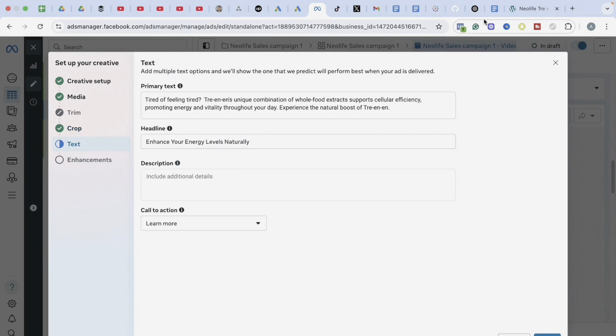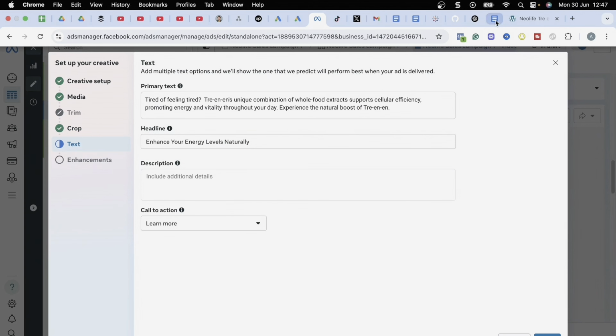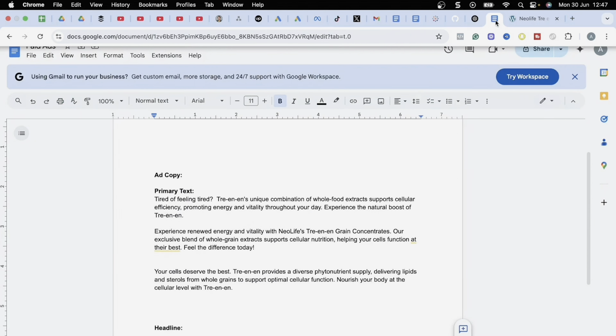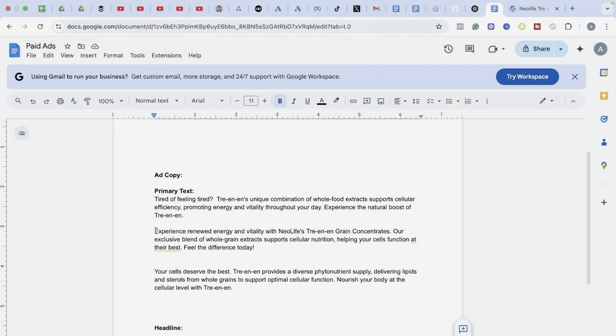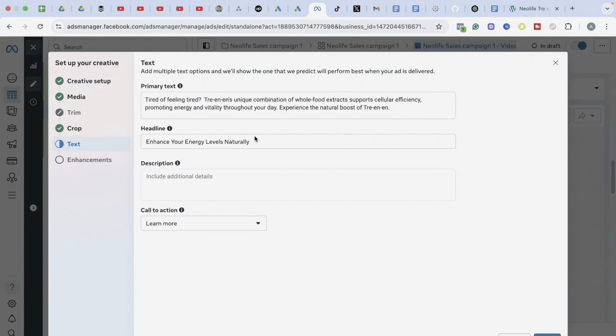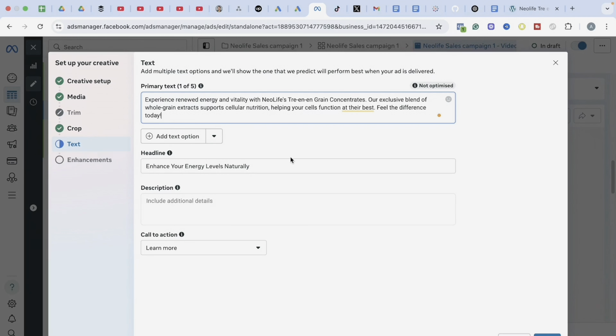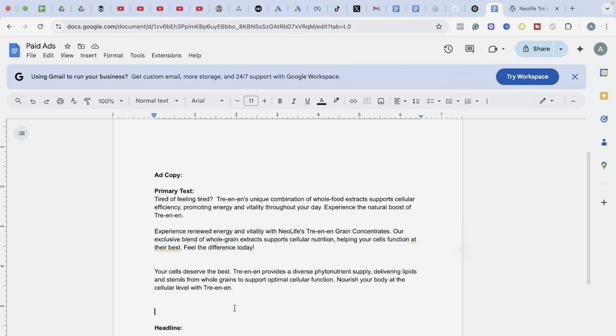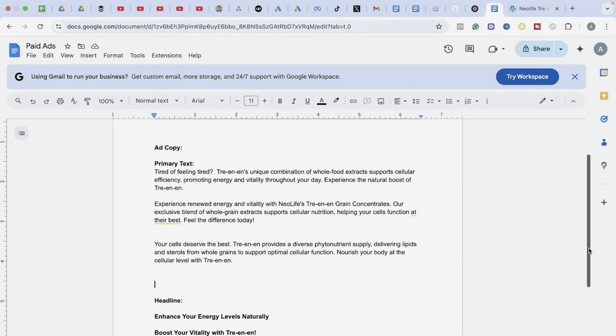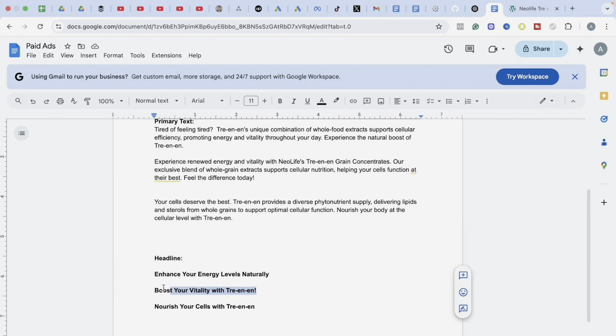My primary text here, I'll change this primary text to the second primary text that I have. Then the headline, I'll change my headline to the second headline here. All right.